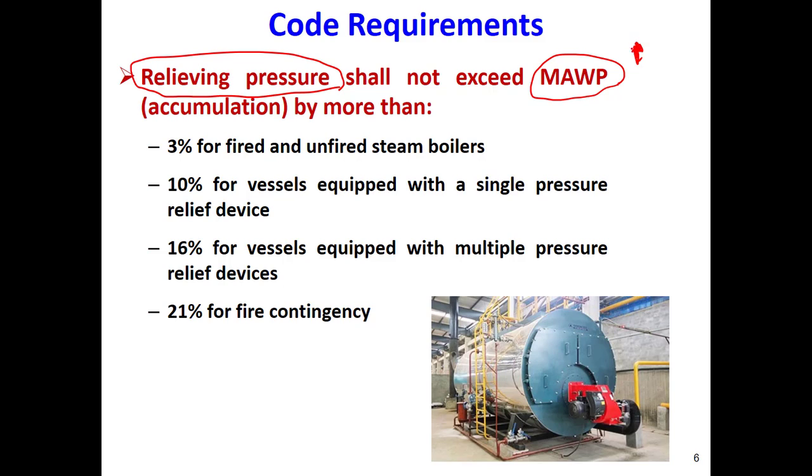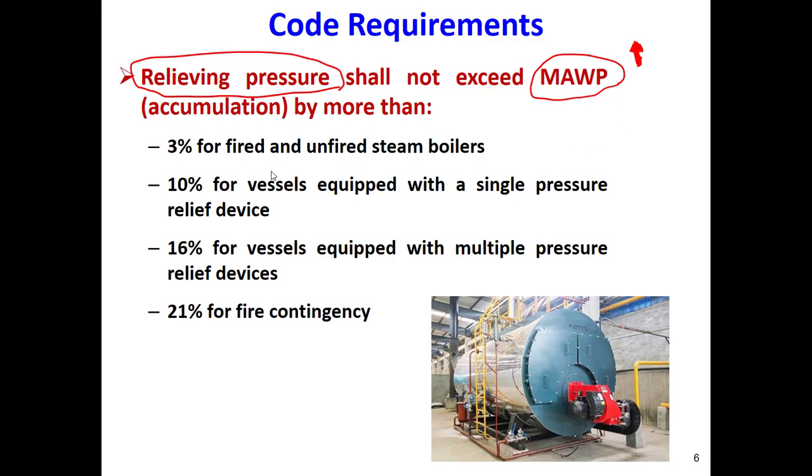Because, as I said, the maximum operating pressure is not really the pressure at which we might have an explosion. So we can adjust the relief valve at a pressure a little bit above this, to make sure that the valve doesn't open unnecessarily. It's common in the process for the vessel to go a little bit above the allowable working pressure, but it's still not dangerous. We don't want the valve to start opening as soon as the equipment reaches this pressure. We can give it a little bit more room.